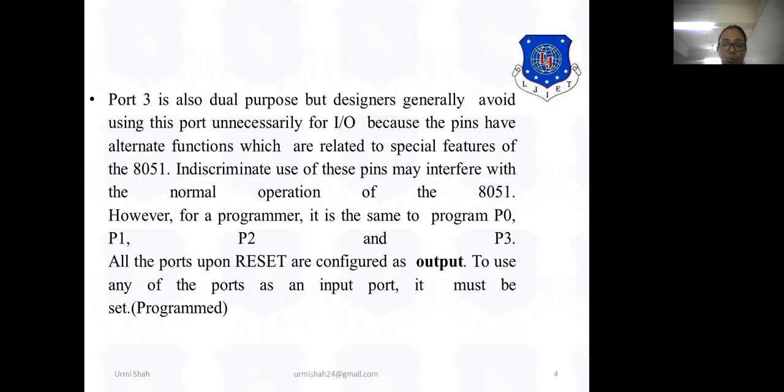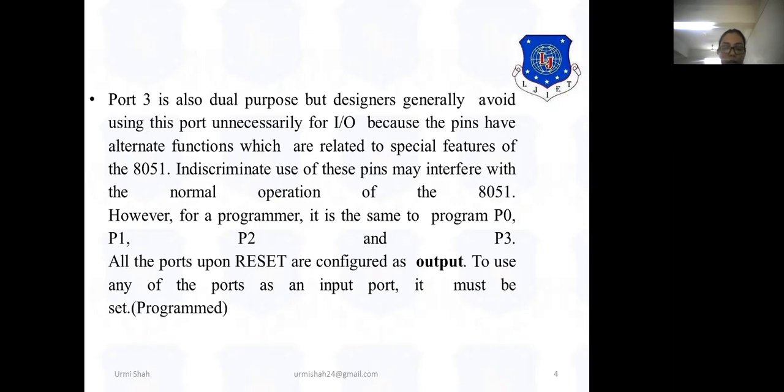Now writing a program using port 0, port 1, port 2 and port 3 is the same. Based on your requirement, you can select one port and then you can program your microcontroller. One thing is common for all the ports. If you want to treat your port as an output port, you have to reset that specific port.